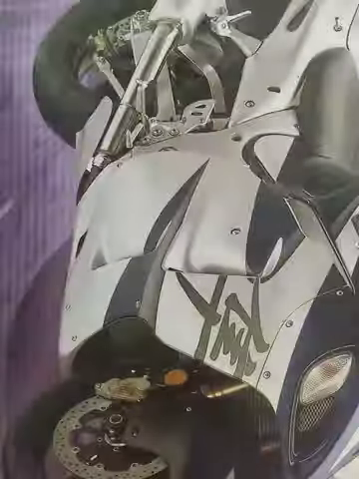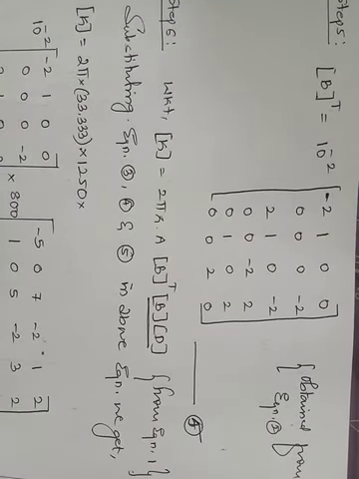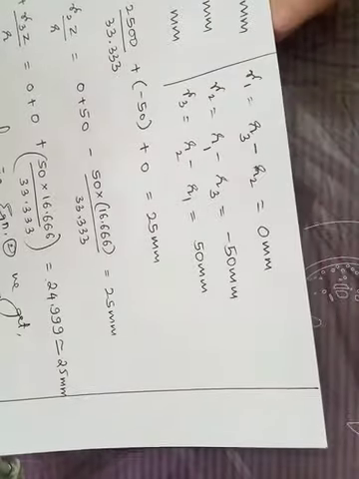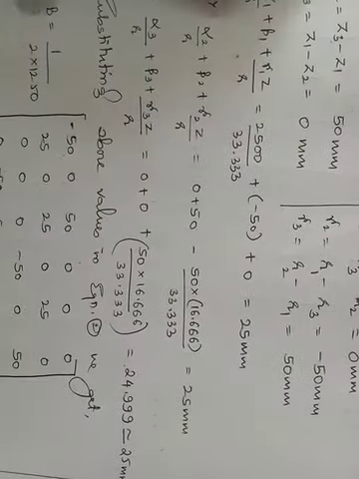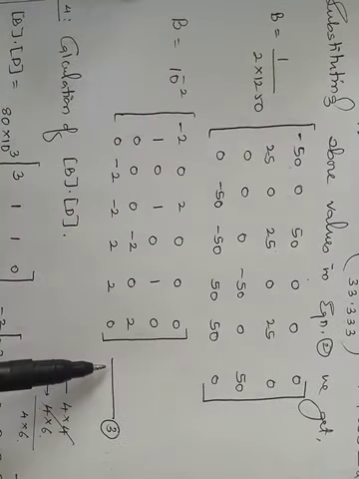So now the next step will be calculation of B transpose, right? Because we know for calculating the stiffness matrix I require B transpose into B into D. So I have calculated B into D. Now next I need to know what is B transpose, right? So from equation number 3, this is the B matrix.